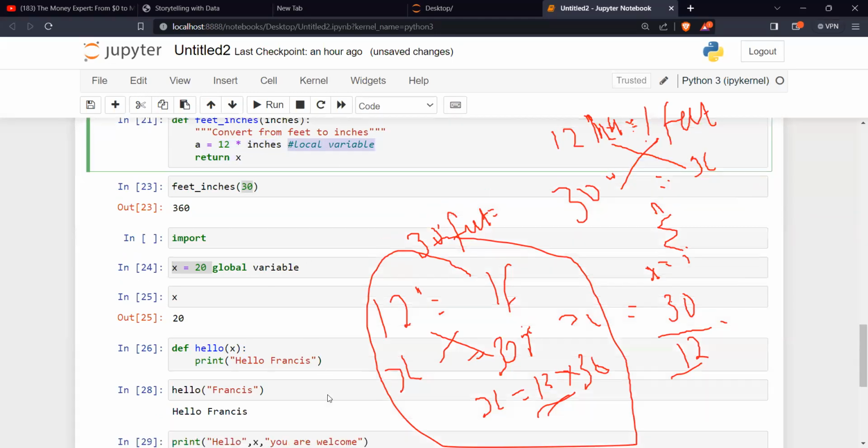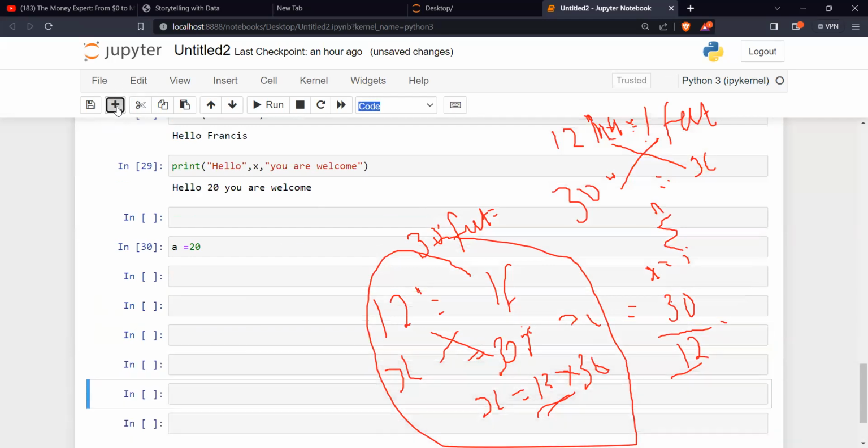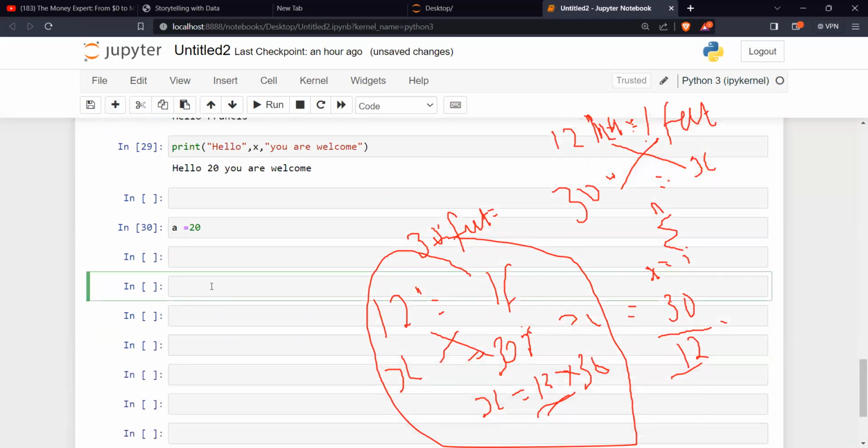That is why it's called a local variable. It's just the same way we have interest rates. So let's say we're calculating interest. If I say define interest, how many parameters do I have? I need principal, I need my rate, I need my time, right?